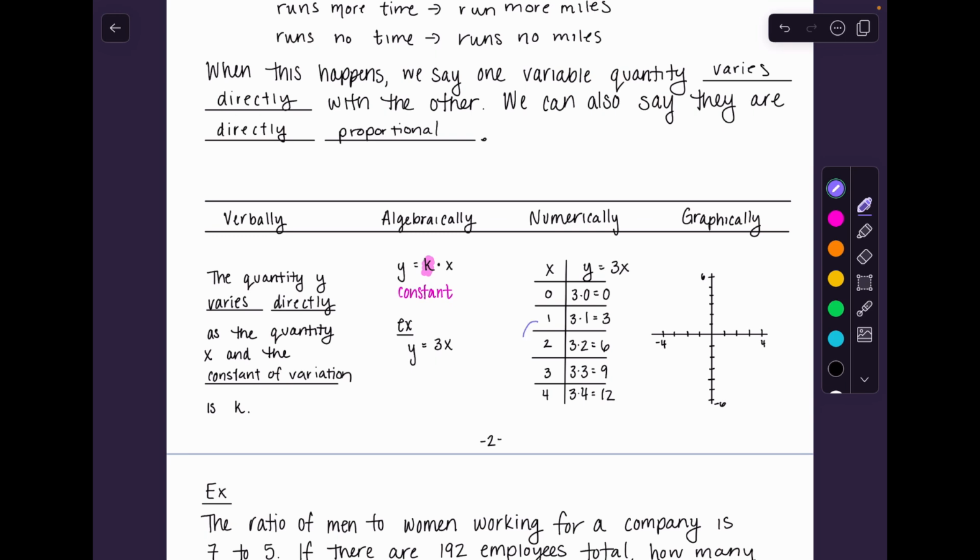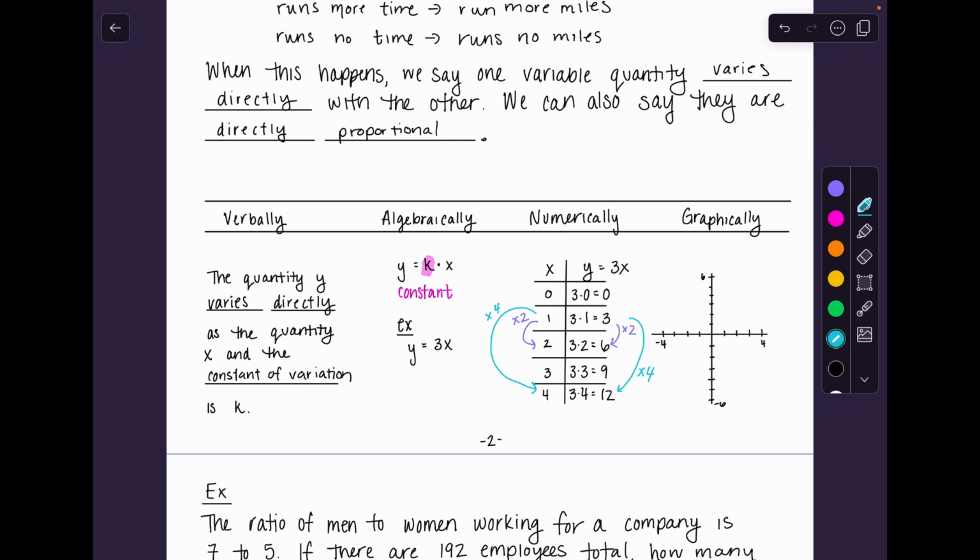So if I look from here to here, when my input is doubling, meaning being multiplied by 2, the same thing happens to the output. The y value gets multiplied by 2. To go from 1 to 4, you multiply by 4. So the exact same thing should happen to this y value, and it does. So if I'm given a chart, this is going to be how I can figure out if I've got direct